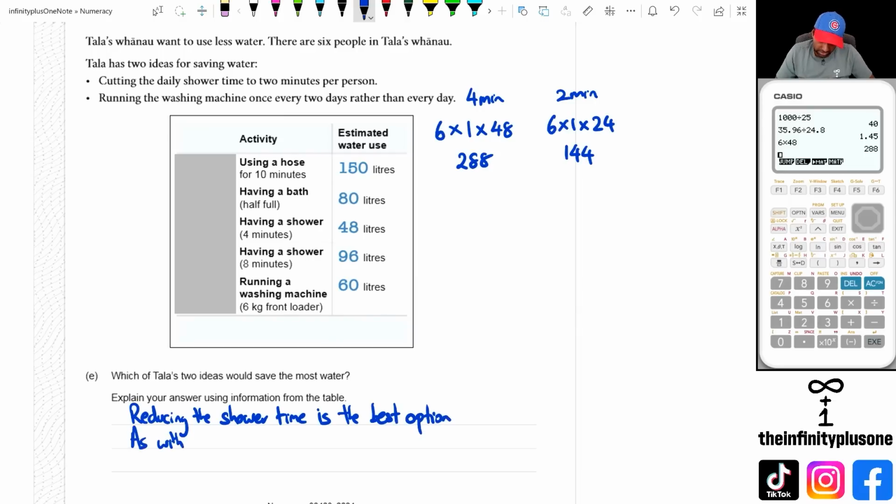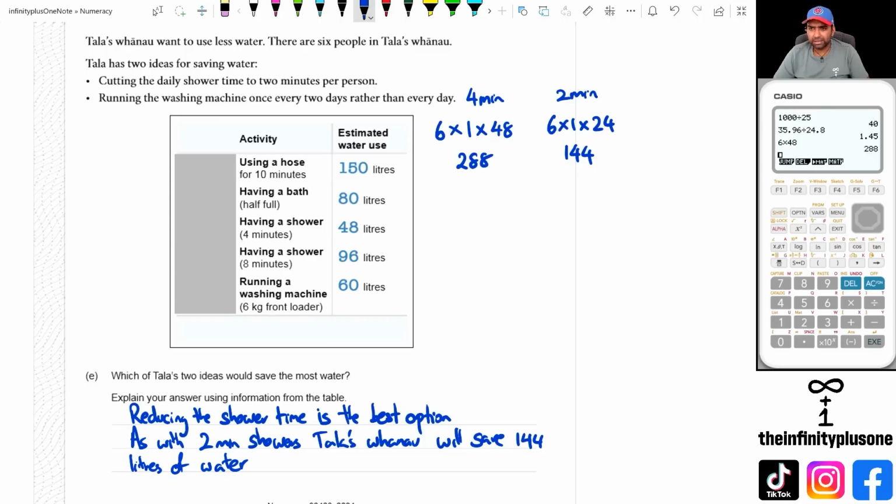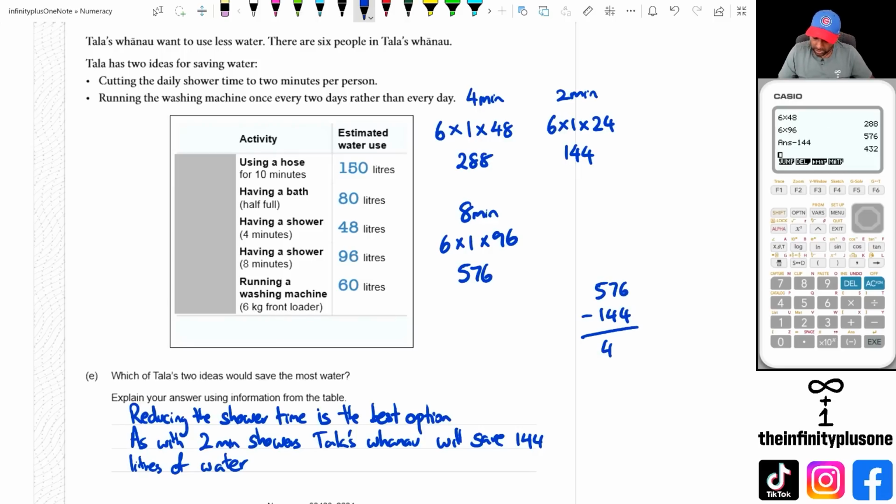With 2-minute showers, Talas Whanau will save 144 liters of water. So yeah, I think that's pretty much it, because if they take like an 8-minute shower, then they would have gone 6 people per day. 8-minute shower is 96. So 6 times 96 is like 576. And if they drop from 8-minute to 2-minute showers, then they would do 576 minus 144, which is 432 liters